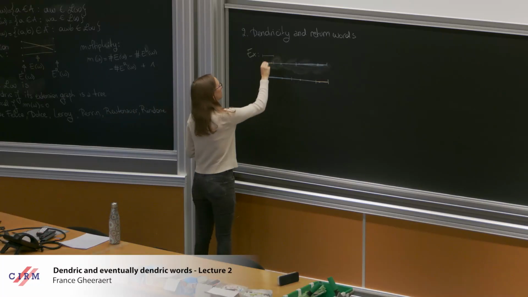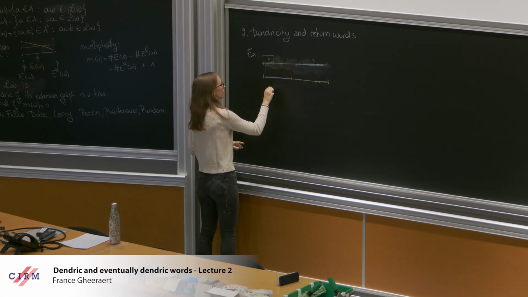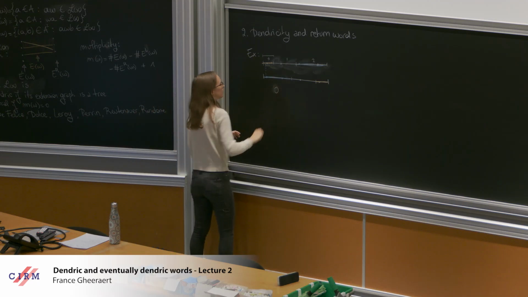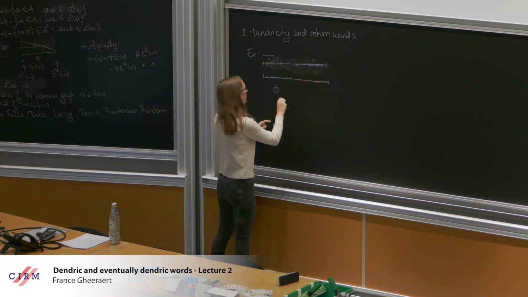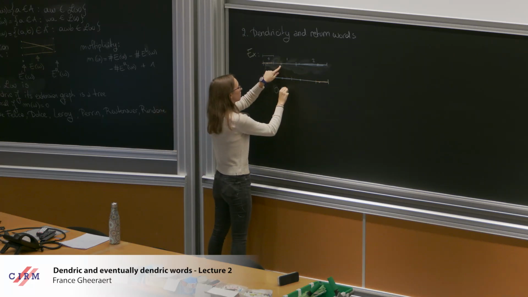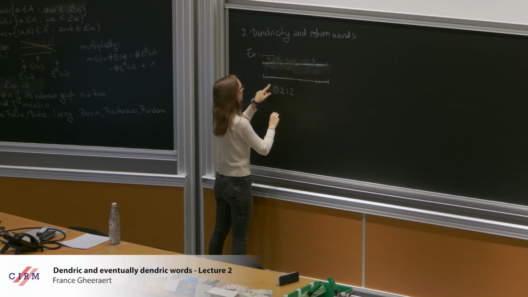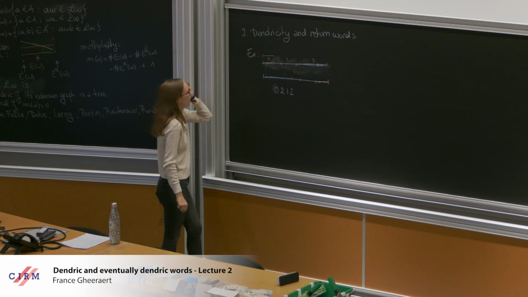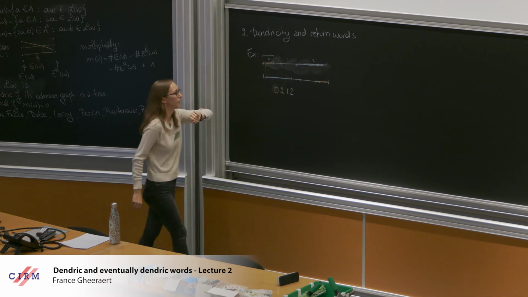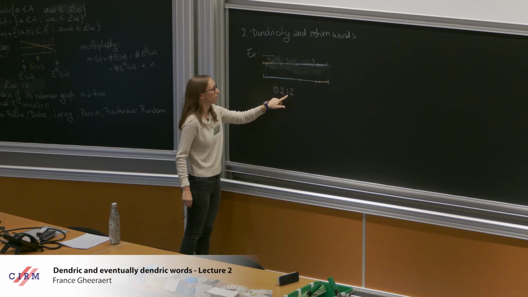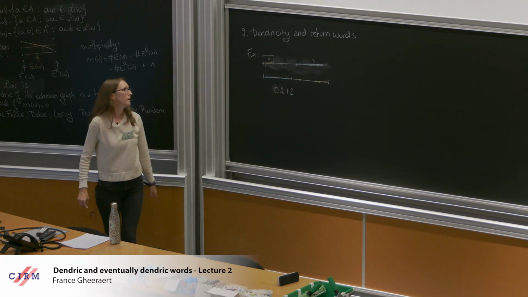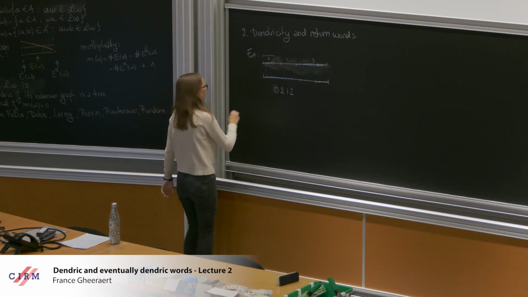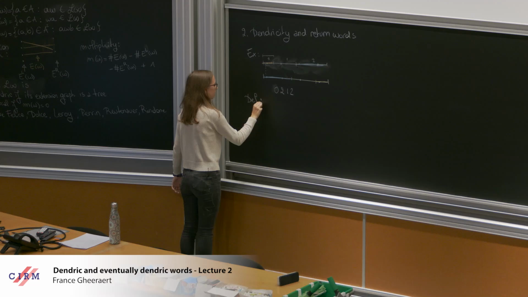So here, if this is 0, 1, 2, at the beginning it's in the orange part. And then it moves to the blue part, then to the white part, then back to the blue part, and then it's back in the orange part, right? And so if the time it spends outside is called return time, well, the sequence of what it does outside is called the return word. So this is kind of the idea of return word. Let me now give the definition.